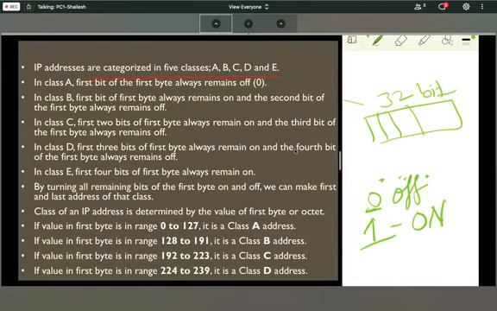The first byte means this is your first part, a total of 8 bits.